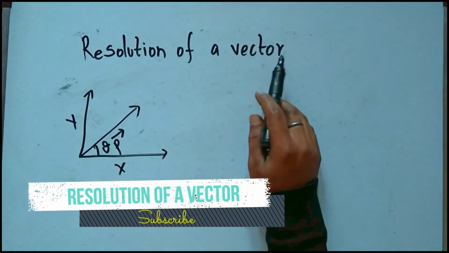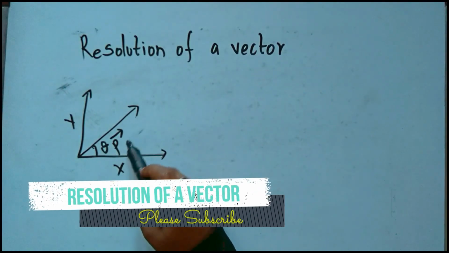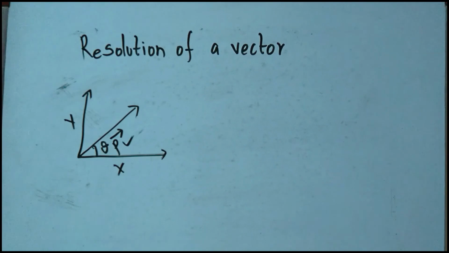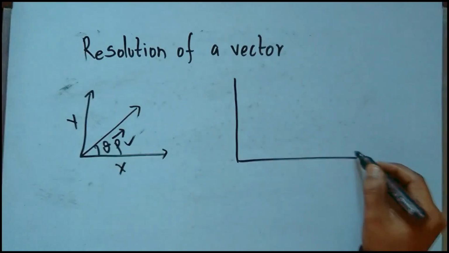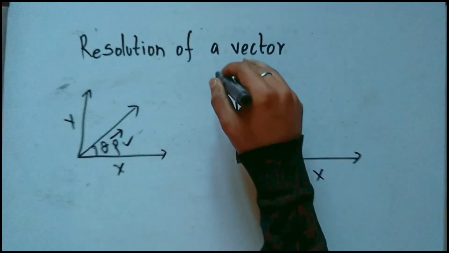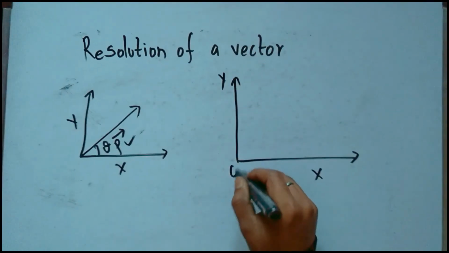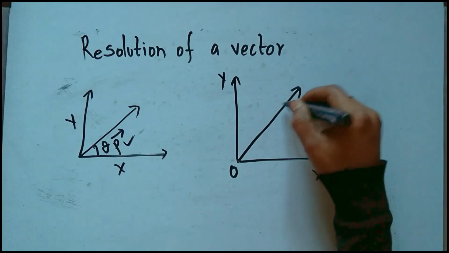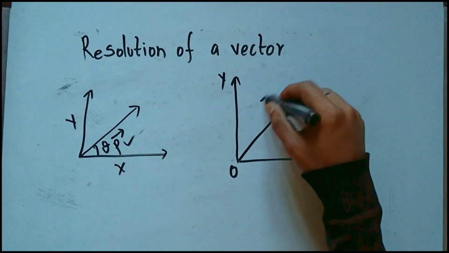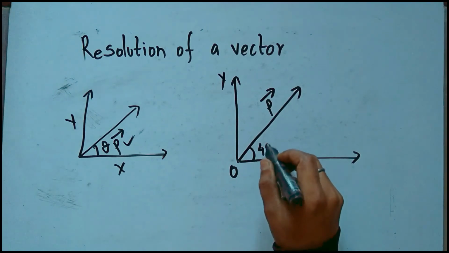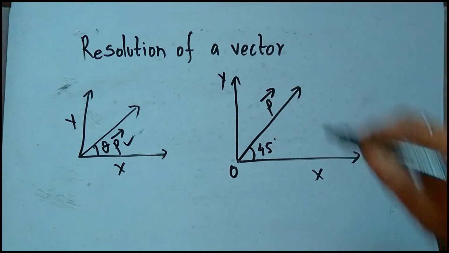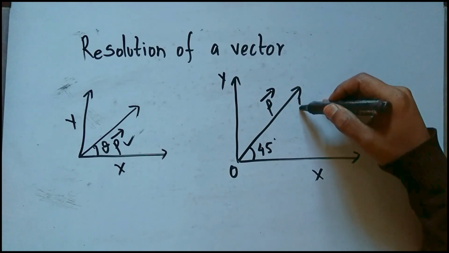Resolution of a vector is defined as finding the components of the vector. If we see here, this being x-axis, this being y-axis, this being origin, and our vector P, let this be 45 degree. Now if we draw a perpendicular here,